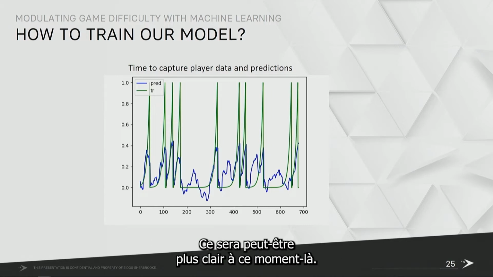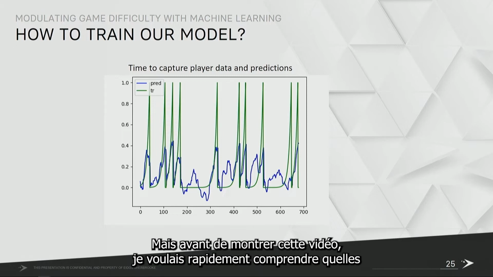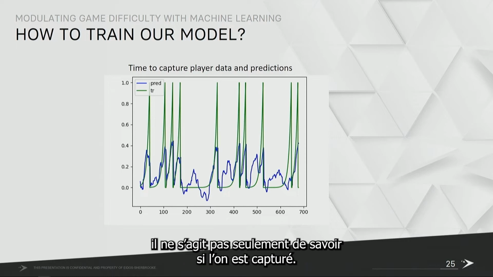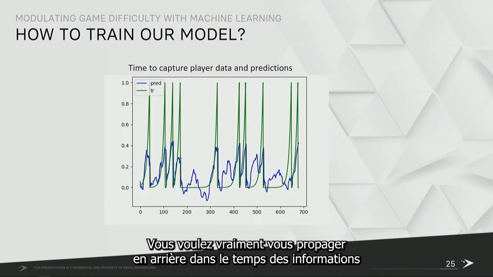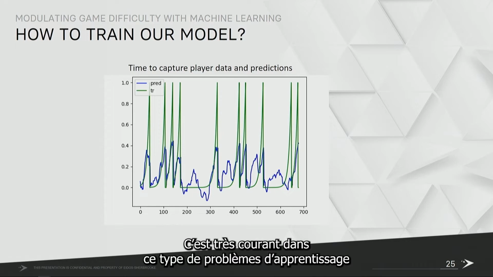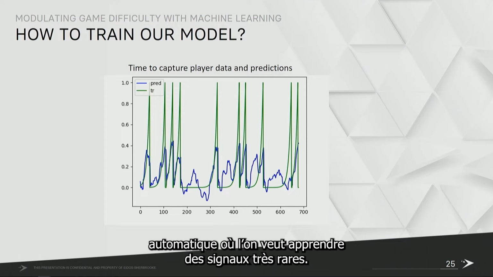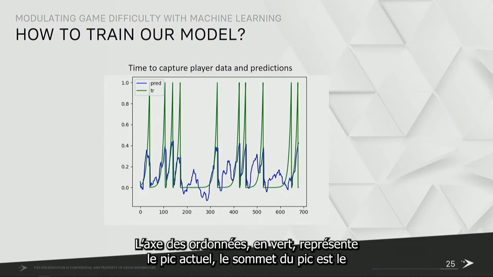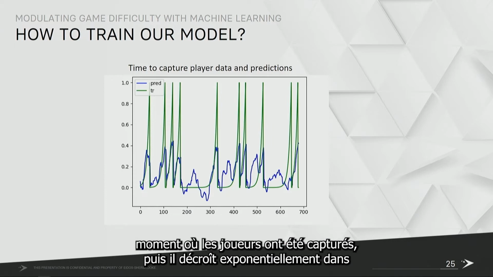It will be maybe more clear then, but before showing that video, I quickly wanted to explain what the predictions were, because it's not just a value of, are you being captured? You really want to propagate backwards in time information about the couple of seconds before you were captured. So this is very common in these types of machine learning problems where you want to learn these very rare signals. So you have, in the x-axis is just the time, so time steps during the game, and in the y-axis in green, the top of the spike is the actual moment where players were captured,